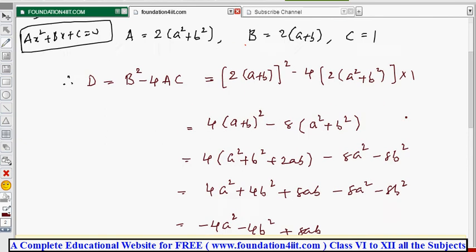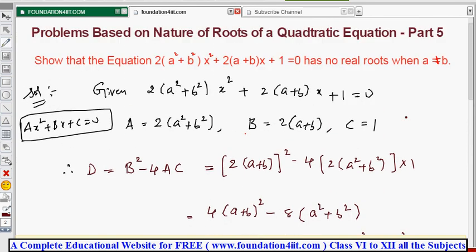So for any problem like this, you can solve it straight away, otherwise you have to show it by taking the discriminant and proving it according to what is given. If they ask for no real roots, we should prove that the discriminant is less than 0. Now not only this, but if they give two equations instead of one, how do we compare and find the roots? I'll show one more example problem now.